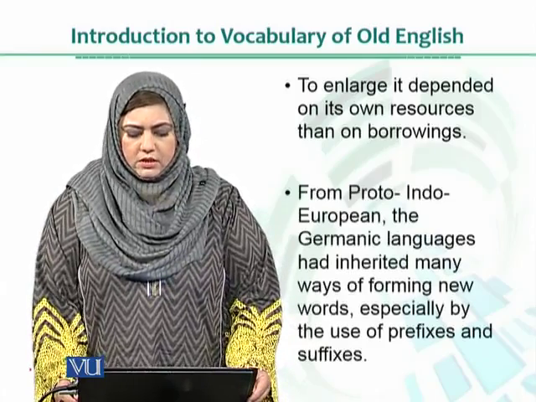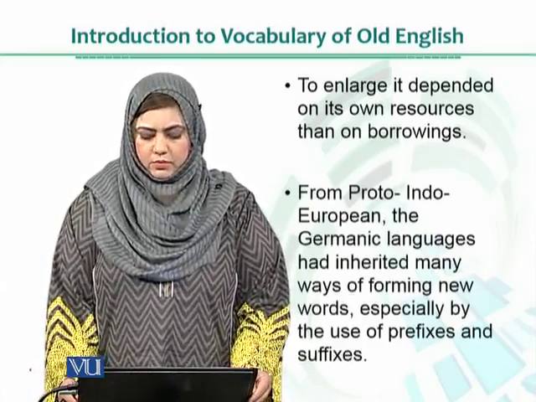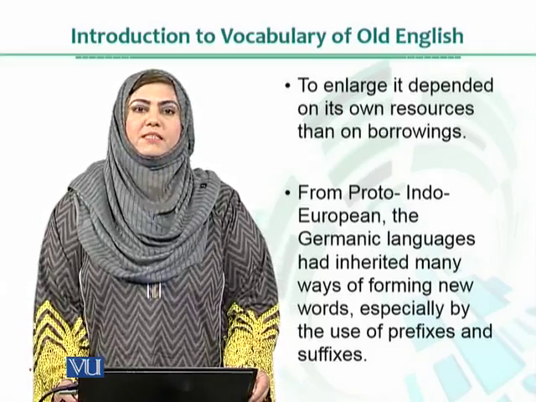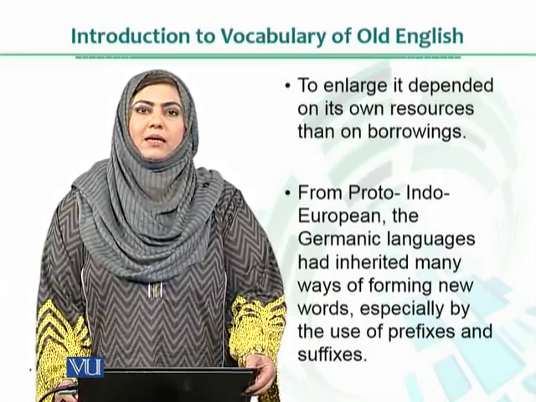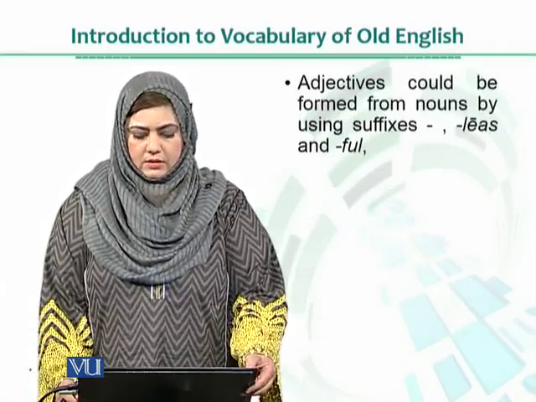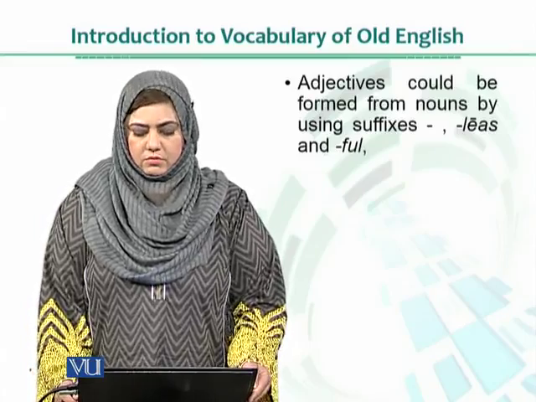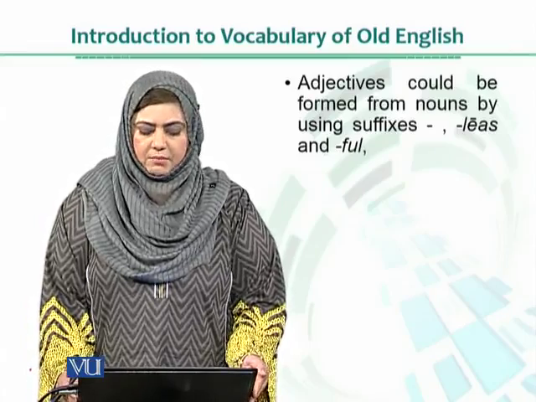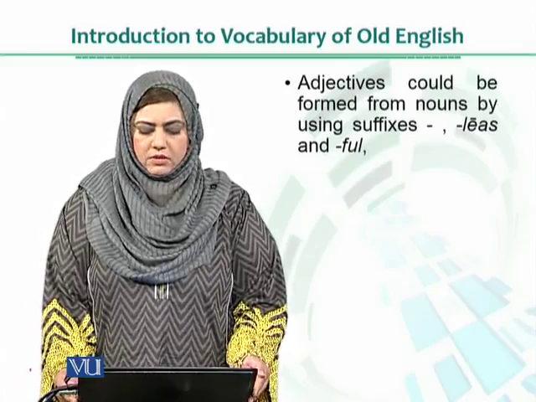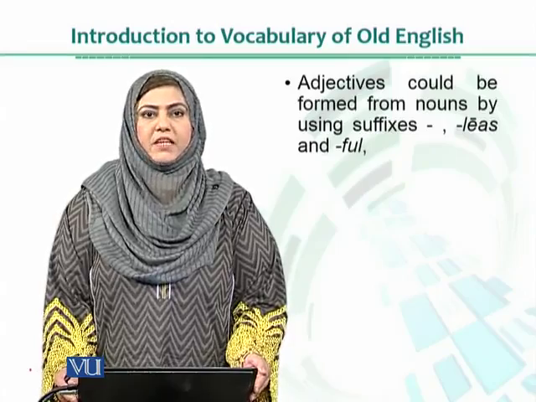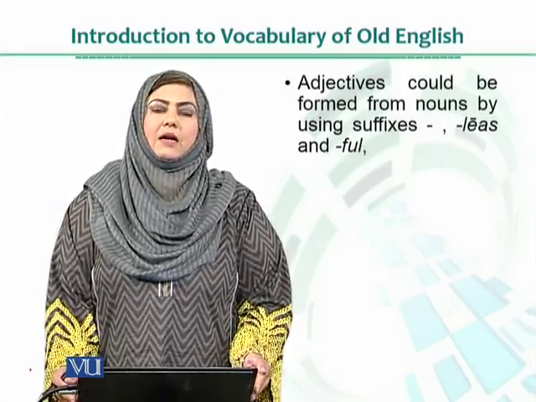From Proto-Indo-European, the Germanic languages had inherited many ways of forming new words, especially by the use of prefixes and suffixes. And we would notice that Old English used this formula. So, adjectives, for example, could be formed from nouns. So the first example that I am giving is of adjectives that were formed from nouns, and how were they formed? They were formed by using suffixes. I hope you are clear about the terms